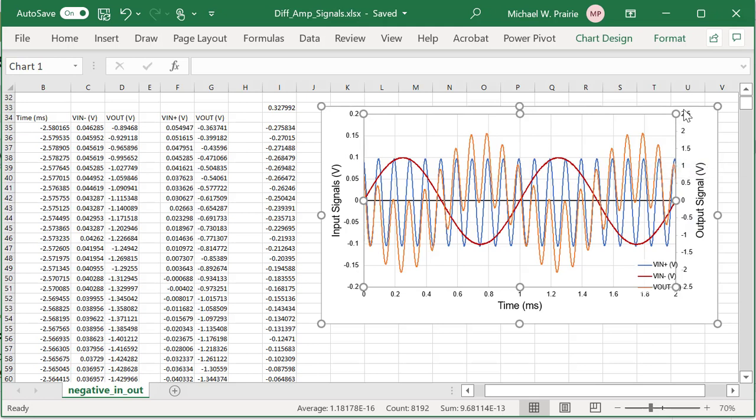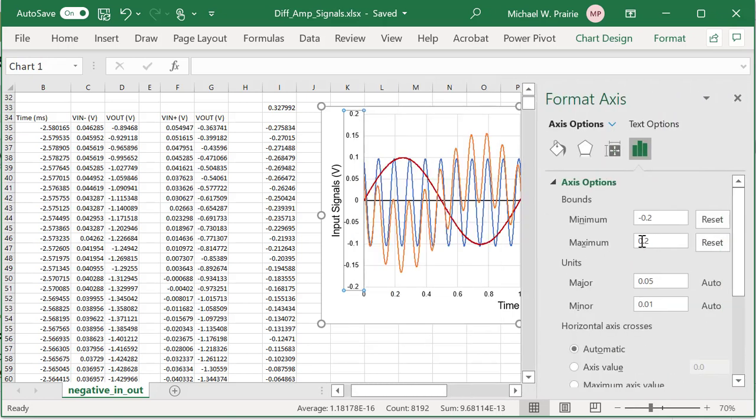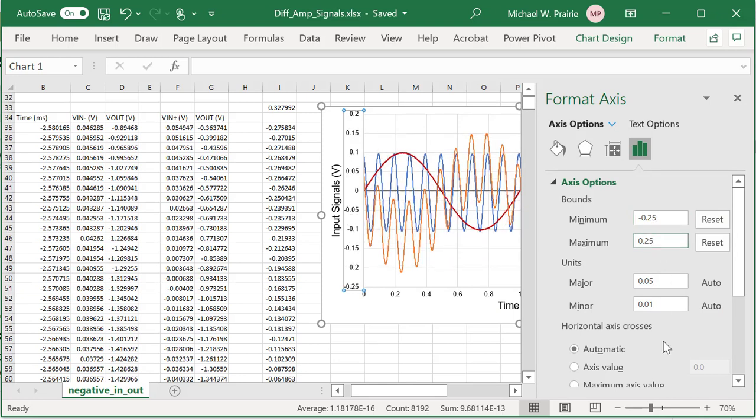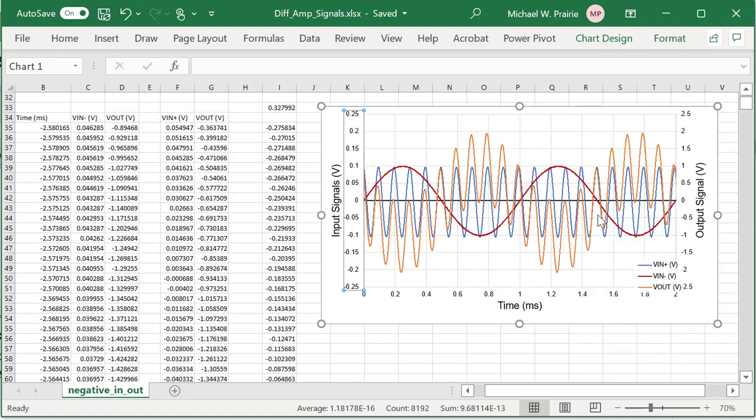And let's see, the 0.25 works pretty good. So let's change this to 0.25 instead. I'll mention why in a second here. And this kind of makes sense because the gain on our amplifier is 10. So